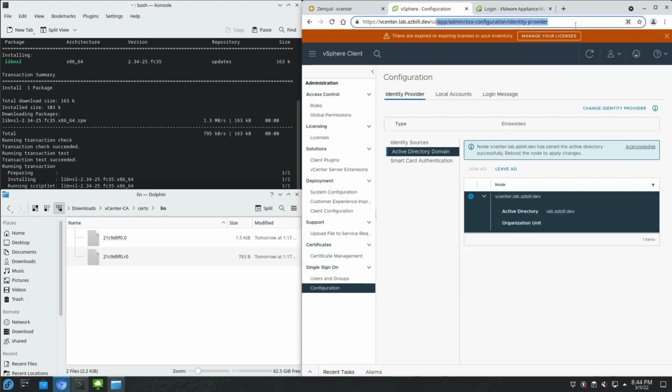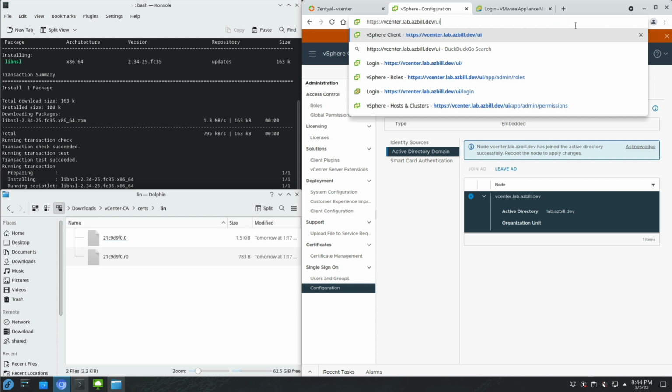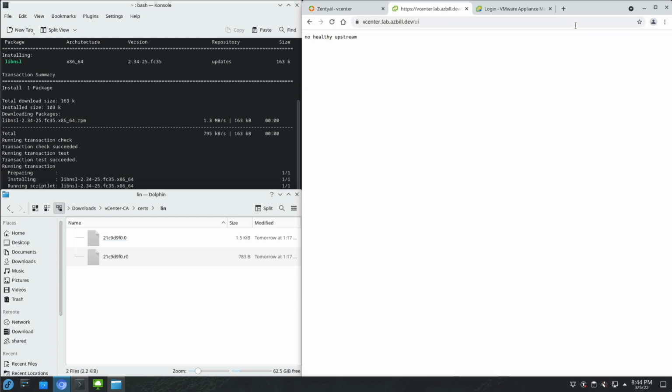Now, since I did reboot the appliance, I'm going to clear the URL here and just try to go back to the UI. And when you see this no healthy upstream, this typically indicates that the services are still getting started. So we'll need to wait a few more minutes here. The next message that comes up when we try doing a refresh will be something along the lines of the services are starting.